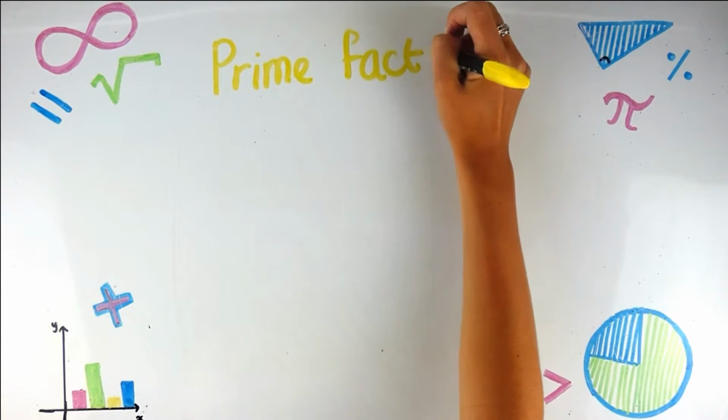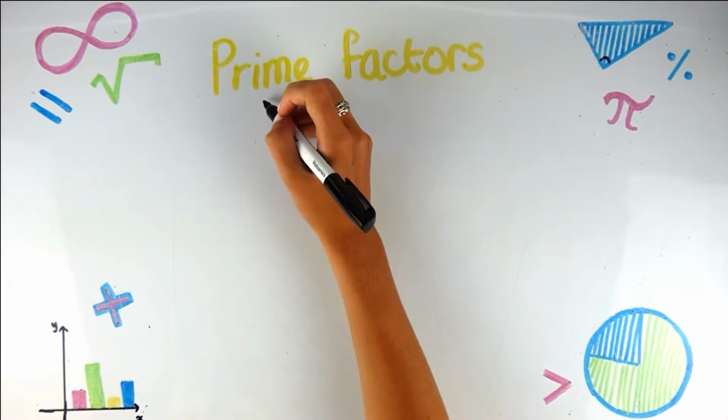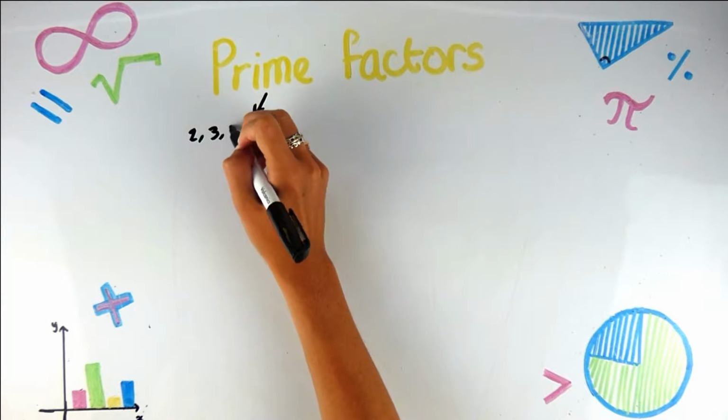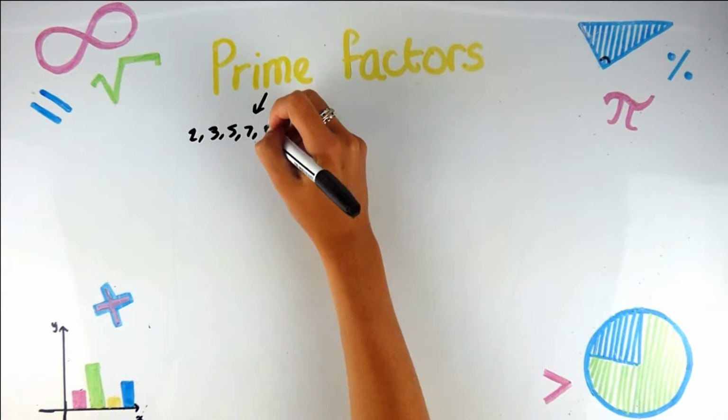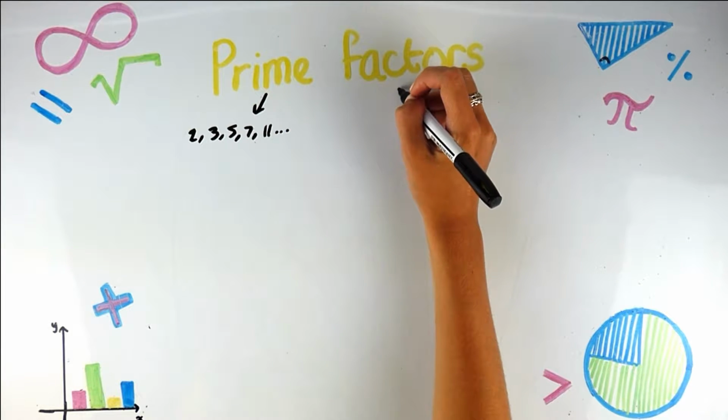Factors. So these are the factors that are prime. It's quite self-explanatory. So prime numbers, numbers that only go into itself and 1. So we've got 2, 3, 5, 7, 11, etc. And factors we know are